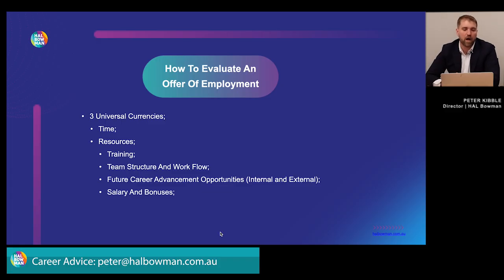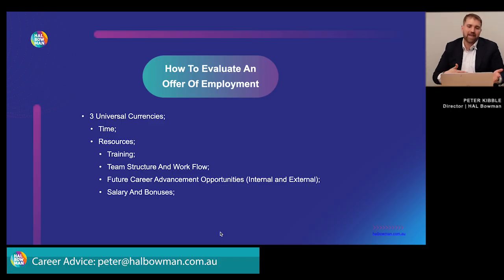Most businesses are probably going to offer within 10% of each other, based on the experience level. And we will see it all the time where somebody will end up accepting a role in a business because they've been paid an extra 5K, but that person is going to move into a role that's highly specialised in a business where there are no career advancement opportunities. So you're getting paid 5K extra now, but the person that accepts a role in the business with better career advancement opportunities on 5K less is going to be worth 20K more in 18 months.